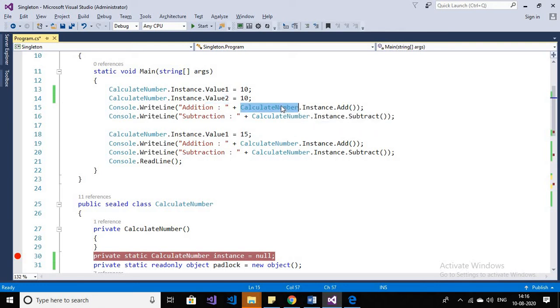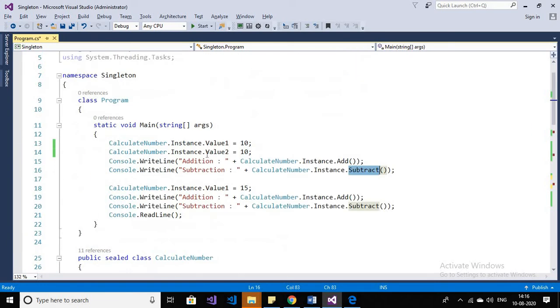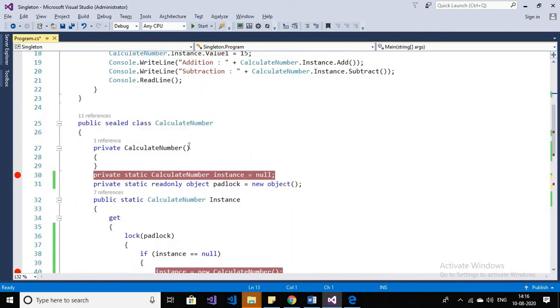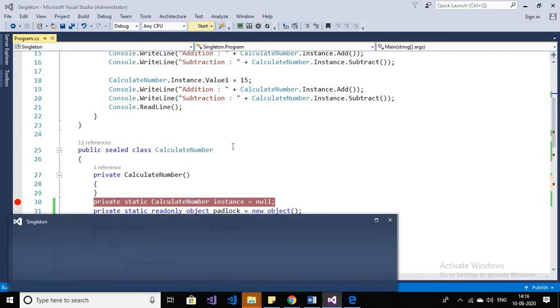Now by using this class name dot instance, I can access my subtract method. So it's ensured that this class will have only one instance, and this instance can access my singleton class variables and method. Okay, so just run the program.